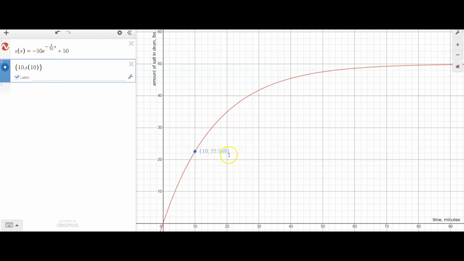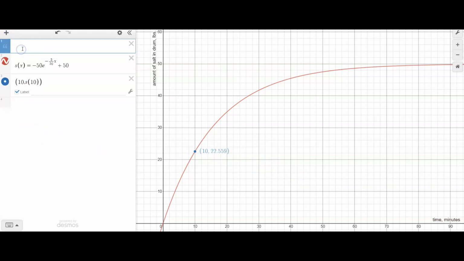So at time 10, there will be 22.559 pounds of salt in that tank. Now we want to know what the concentration will be. So this is, right here, I'm going to insert a note and I'm going to say this is the amount of salt function, S of x. But if I want to get the concentration of salt, concentration is the amount divided by